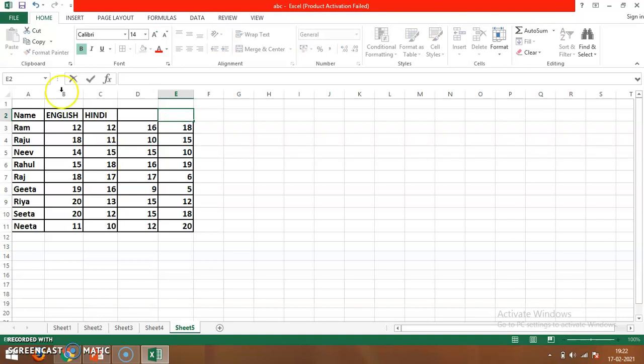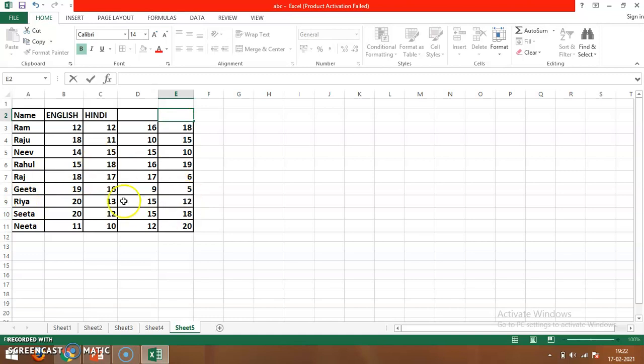First way is you select that cell and press the delete button from your keyboard, or second one is select that cell and press backspace. Your cell content has been deleted.